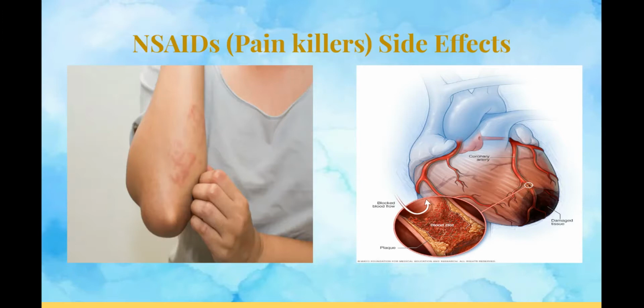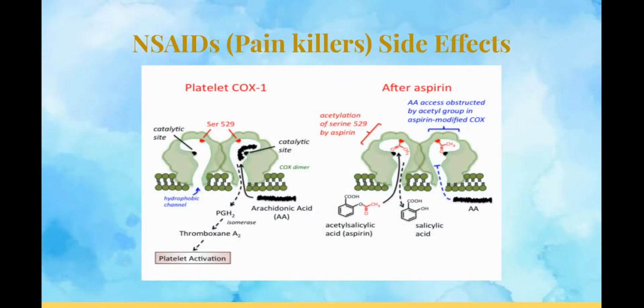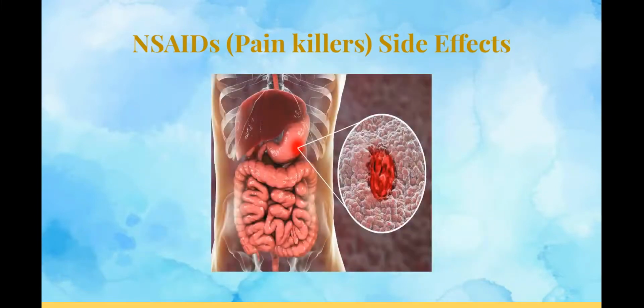NSAIDs also increase the chance of gastrointestinal bleeding as they block enzymes that can cause pain, such as COX-1 and COX-2 enzymes. The enzymes protect the stomach lining. By blocking this enzyme, NSAIDs can lead to a higher risk of abdominal pain, heartburn, nausea, and diarrhea. This lack of protection for the stomach's lining leads to a dangerous side effect of inner bleeding and ulcers to develop. Ulcers are sores that develop on the lining of the stomach that can be caused by bacterial infections or